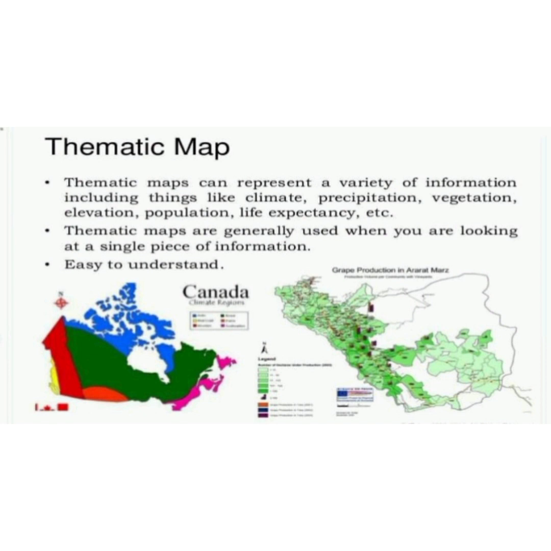Now thematic maps. Thematic maps are maps that focus on specific information. What is the specific information? Like rainfall, distribution of forests, industries, roads, etc. So the maps which focus on specific information such as road maps, rainfall maps, distribution of forests, and distribution of industries. All this information comes in thematic maps.